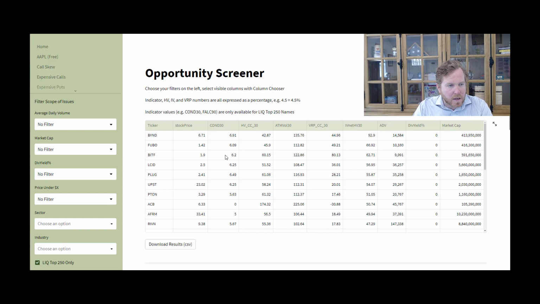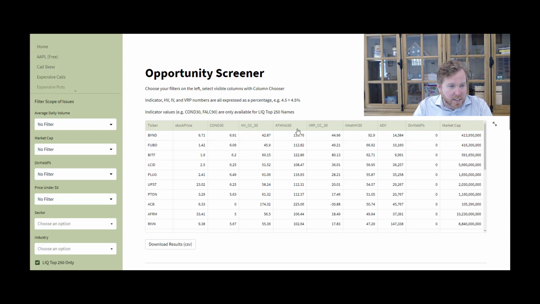Looking at the top liquidity names that have the highest condor prices. So all the way at the top is Beyond, almost 7% of the stock price. Over the last 30 days, historical vol is only 42, but at-the-money vol is currently about 135, creating a nice big 92 number right there, or almost 93. I suspect earnings is soon. I don't have it in this report specifically yet, but the VRP has also been historically